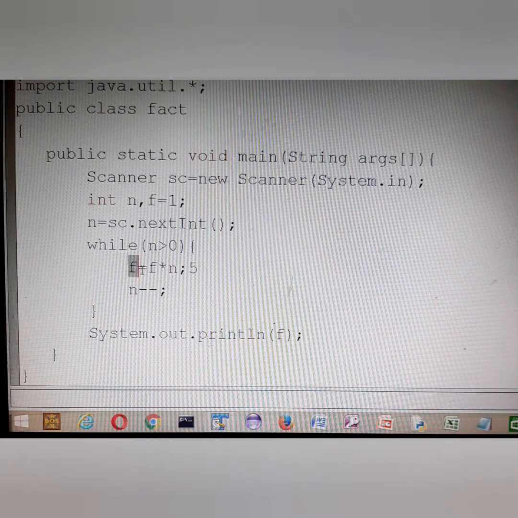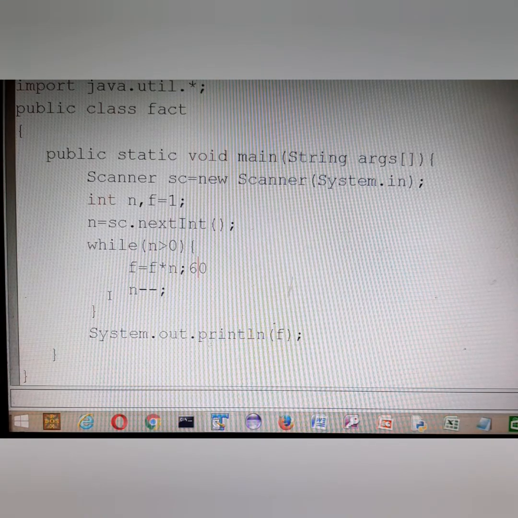So now the value of f has changed, it has become 5. n minus minus, n was initially 5, now it has become 4. 4 is greater than 0, a true condition, it will come inside. f was already 5, so 5 into 4 will become 20. This value of 20 will again be given to f. Now n minus minus will become 3, 3 is greater than 0. f was 20, 20 into 3 is now 60.